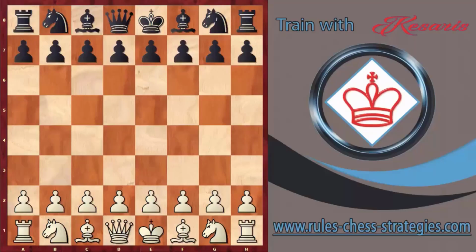If you think that you can create a strong attack only after the move e4, then you are wrong. And now I'm going to prove it. I had the white pieces and I played the move d4. My opponent is an 1800 Elo player, in Blitz of course, this is an online Blitz game, and he replied